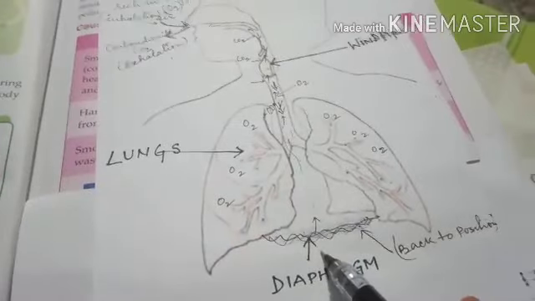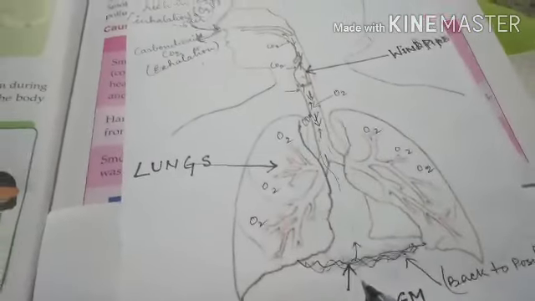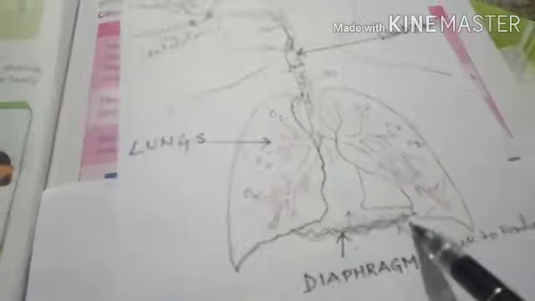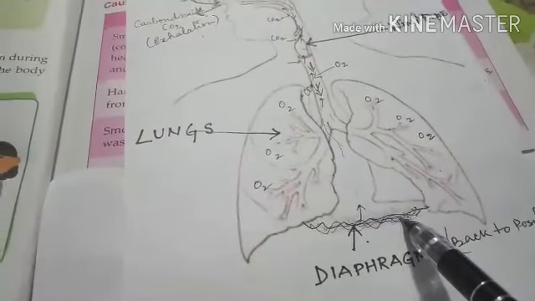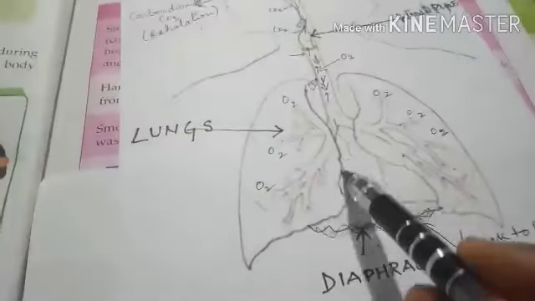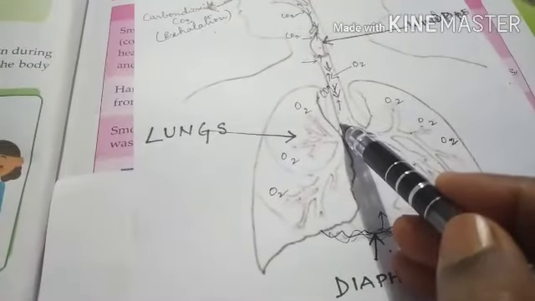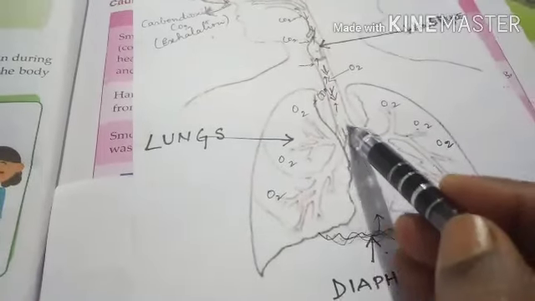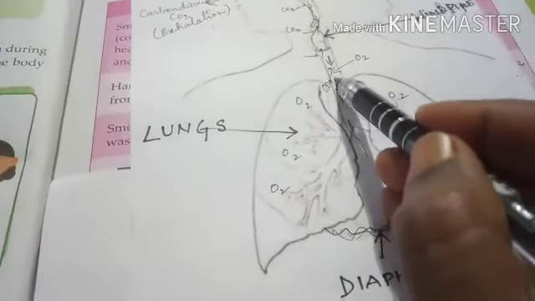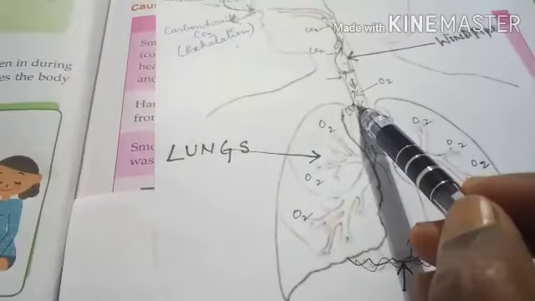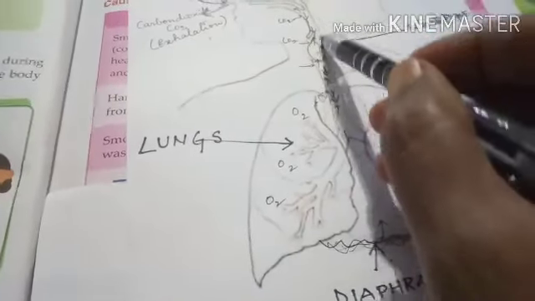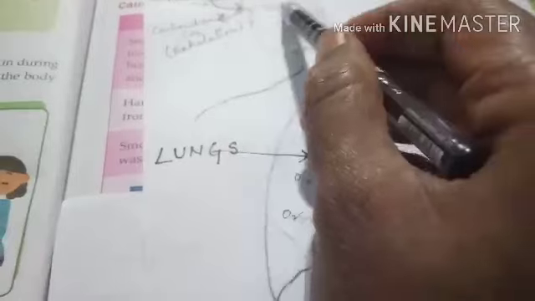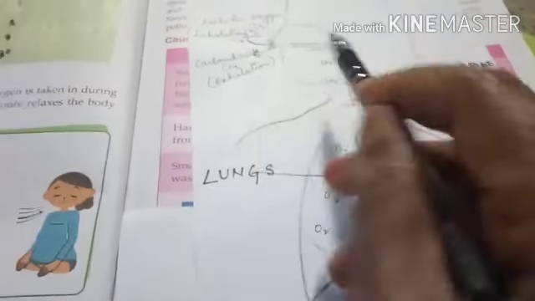See the diagram I had given you during the explanation. According to your question, when the diaphragm comes back to this position, lungs throw out air from here. Then in the third position, air moves from the lungs to the windpipe. This is the windpipe, and at the end it crosses here and air is out through the nose. Air leaves the nose. That is called exhalation. Got it, everybody?